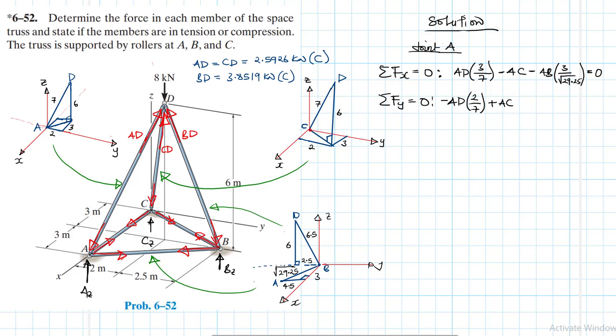No, sorry, AC hasn't got any component. I thought it was AB. AC is just along the x-axis, so this one, AB is positive, right? So it is AB